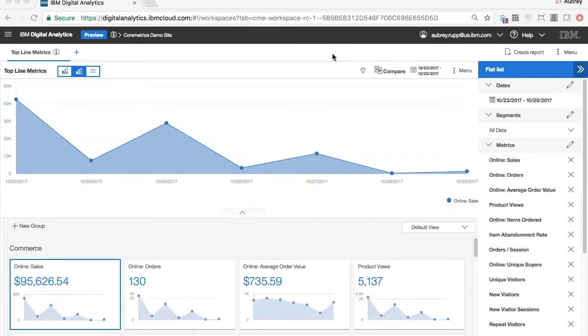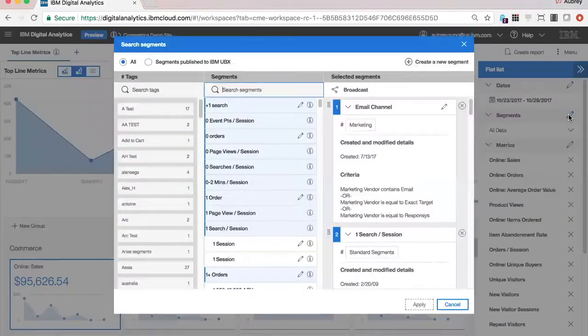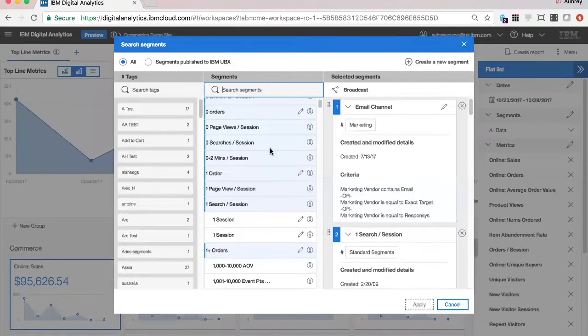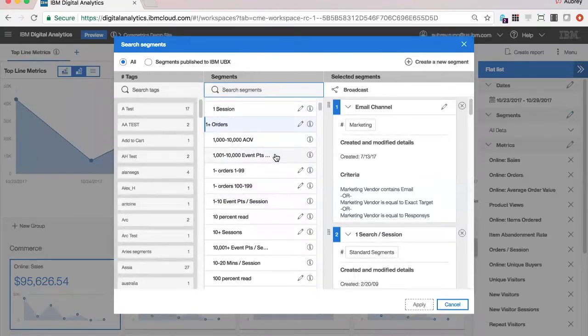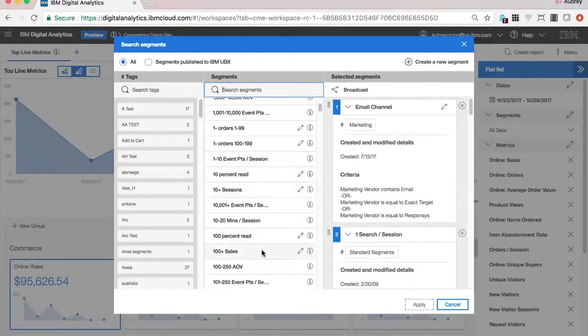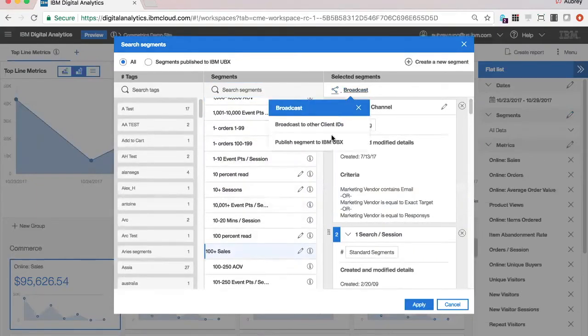The first feature that I will share is around some of the changes that we've made to segmentation. So to demonstrate that, I'll go ahead and open up our segment modal, where you can find the list of segments that have been provided by IBM, as well as segments that have been created by the users. Upon looking at this list, I can select any segment, and I'm now able to click Broadcast and publish that